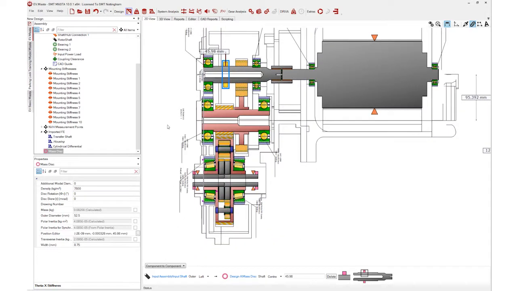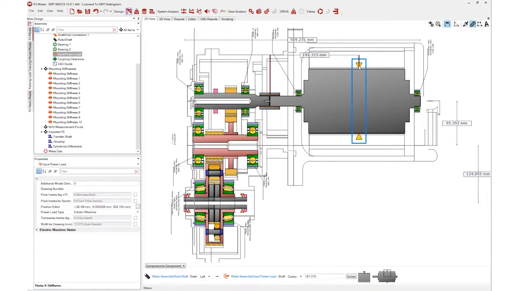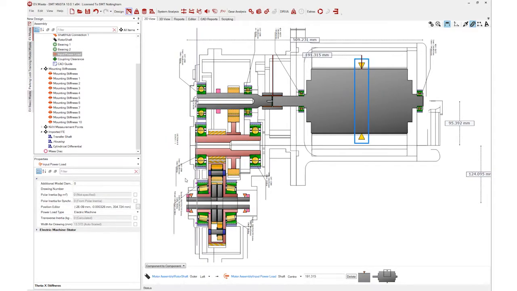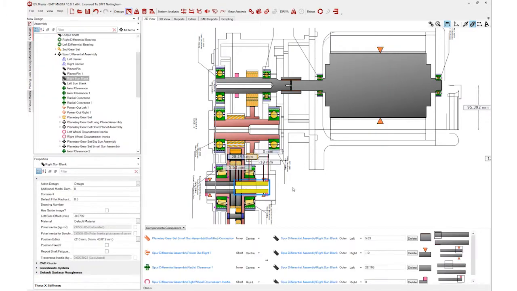Okay, and the other thing I want to show you is the modeling of upstream and downstream inertias. So I briefly mentioned this earlier on in terms of the electric motor power load. So when we've got the actual electric machine power load type selected, it's not too much of an issue because MASTA recognizes that this is the rotor and there's not going to be an upstream inertia. However, if we're looking at the lower side of the model here, so where it goes out to the wheels,